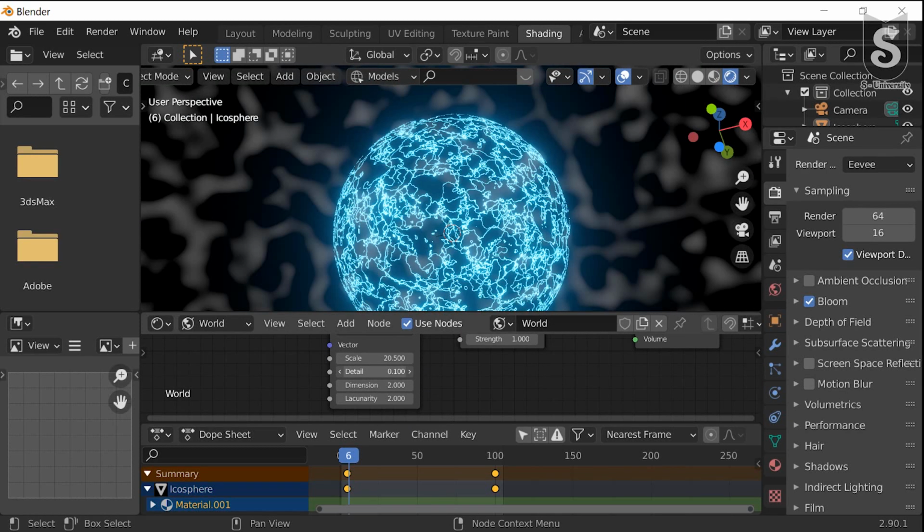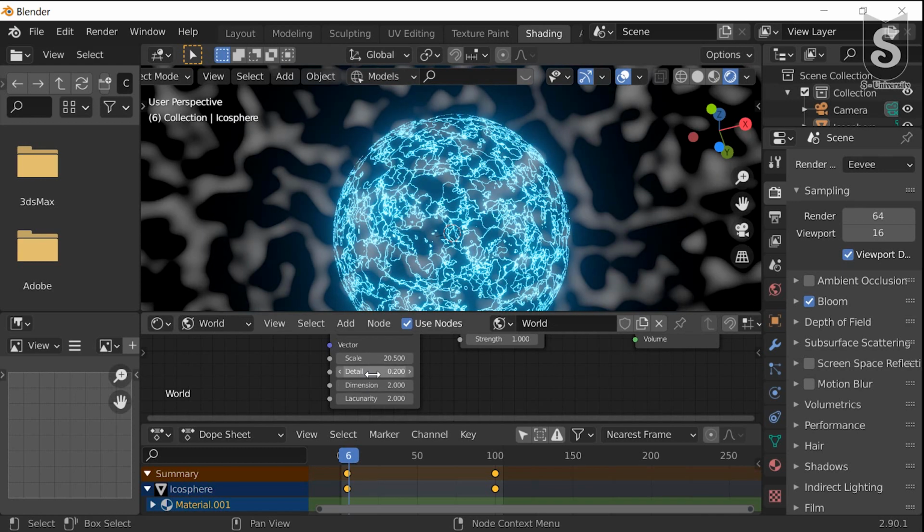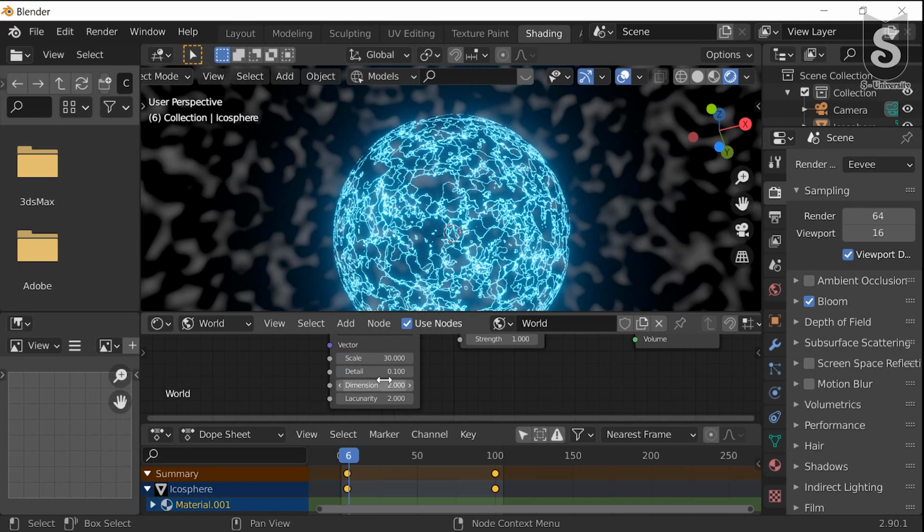We will reduce detail for a dark background. Reduce to 0.1. Now scale. Press 30.